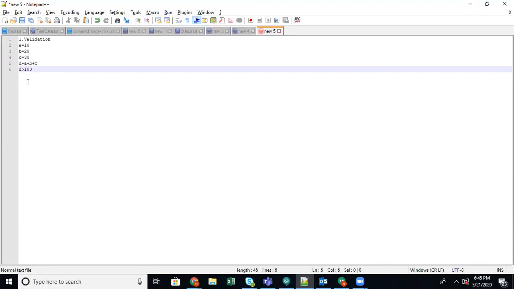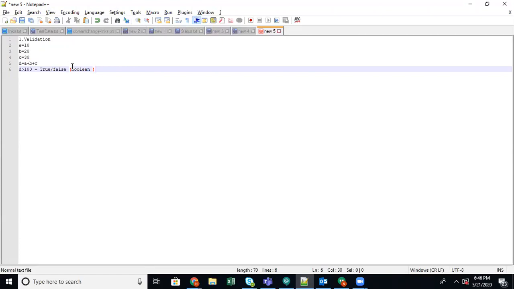If D is greater than 100, what the computer returns after comparing is either true or false. The value it returns is true or false. This type of value is called a Boolean. Boolean means after comparing, like how your human brain says yes or no, similarly the computer will compare the numbers, compare with anything.